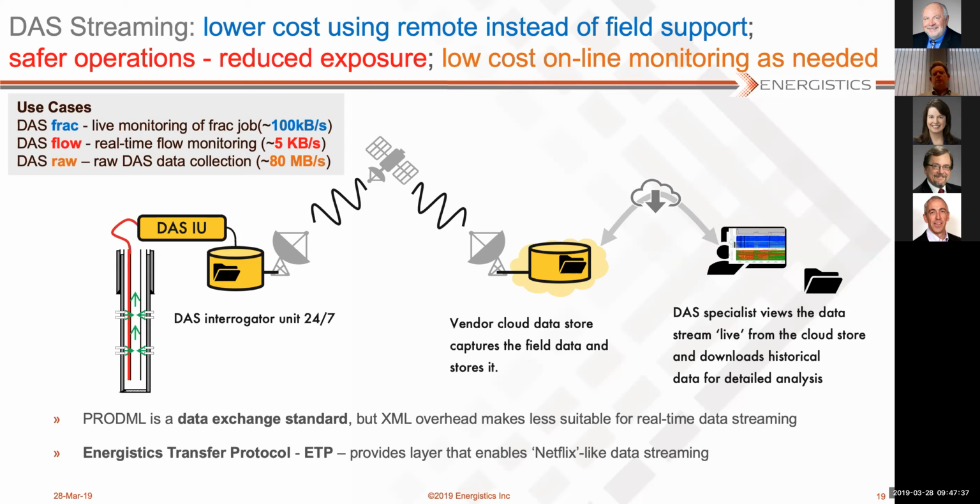We have done some of that work already a few years ago where we were streaming that into a portal. And eventually, if the networks permit, you could also see use cases where you basically want to stream the raw data from the field into a central cloud server. Typical sizes are displayed here. So for frac work, it's probably about 100 kilobytes per second. For flow, it can be a lot smaller because you just sample it, say, every few minutes. And for raw data sets, you would look at huge volumes, up to 100 megabytes per second.